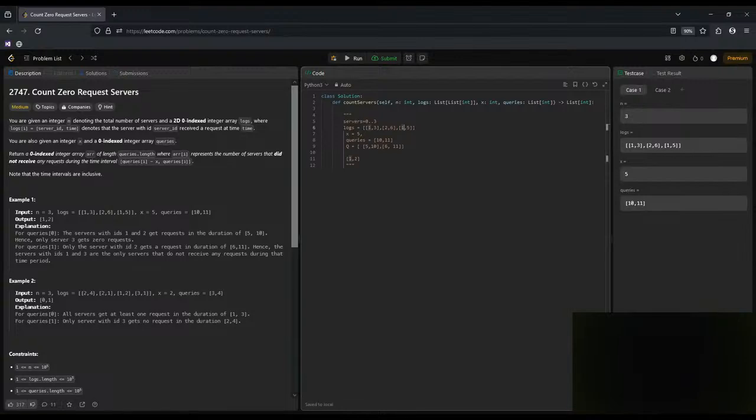And then we have to count servers that did not receive logs in this interval, 5, 10. So server 2 and server 1